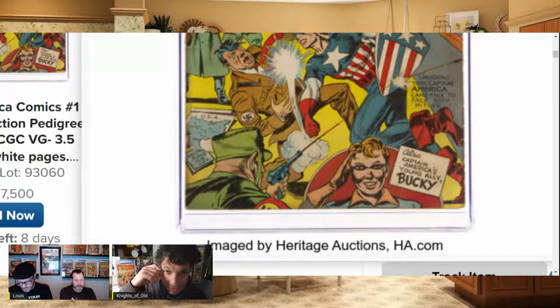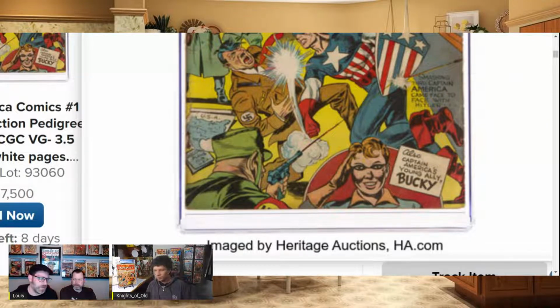But at least not till you're dead. But the paper that gets the rust can then start to just disintegrate, which sucks. Yeah, that's true. So the last 4.0 Universal of this sold for